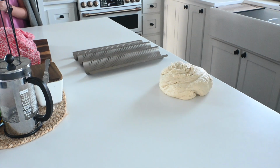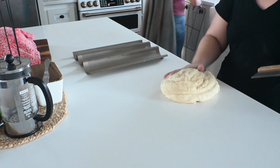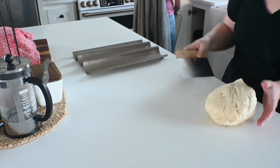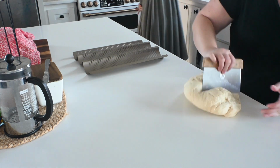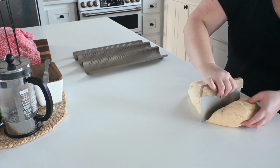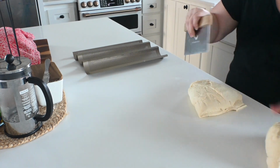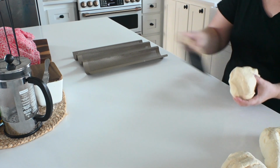The biggest thing, other than the look that it does, because it has those holes in the bottom, you're able to get a really nice crust all the way around your baguette, and that is nice. But if you don't have this, obviously you can just do this on a cookie sheet too. That's fine too. So I'm going to split it into 3 fairly equal sections, and then I'm going to start